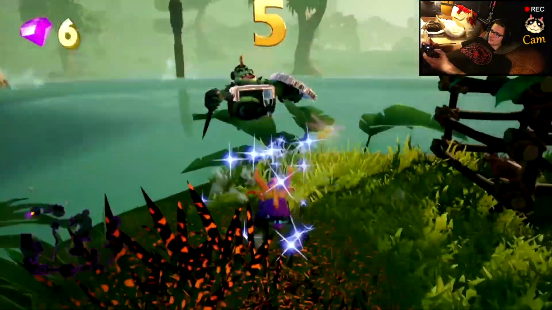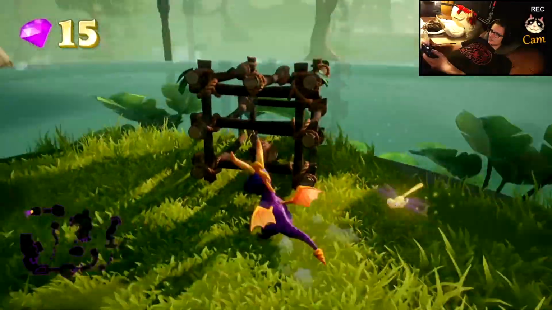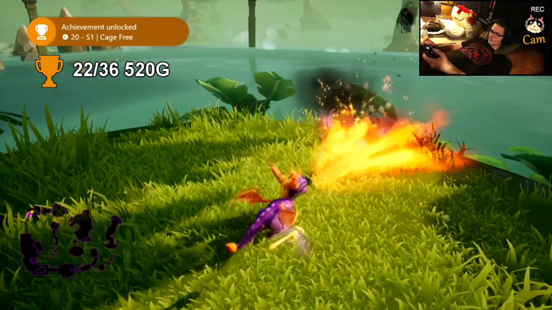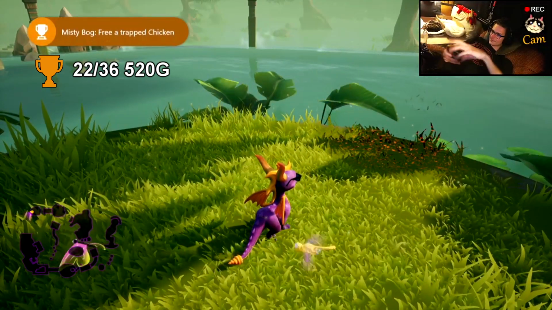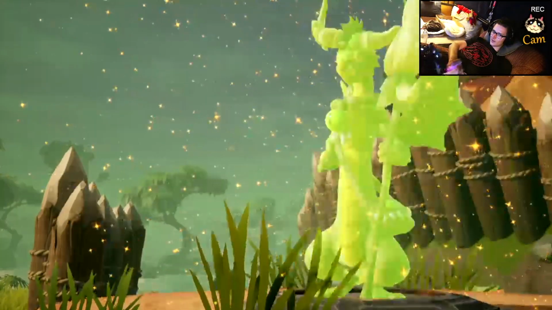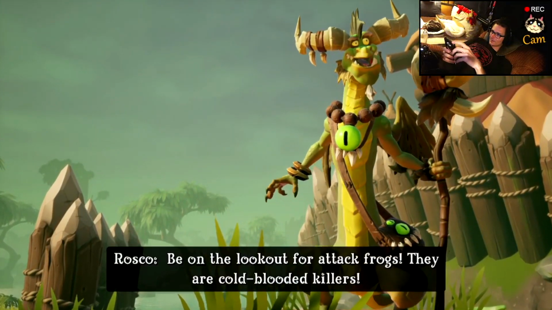One nice thing about this level is we can quickly grab the achievement by just freeing the chicken that's behind the starting area. The chicken doesn't make it though. This level has 4 dragons to rescue, so we start off by freeing Roscoe,